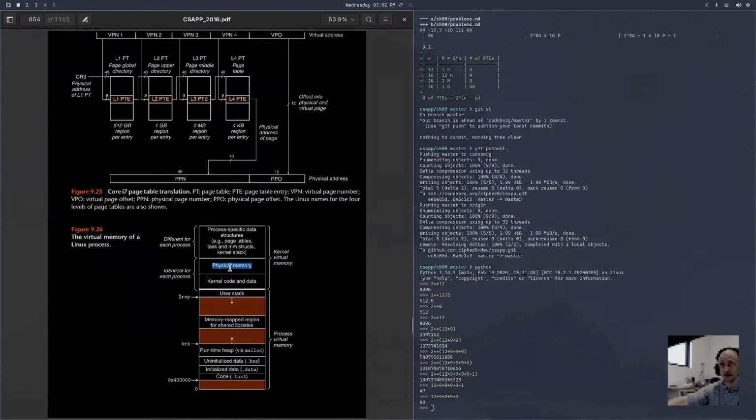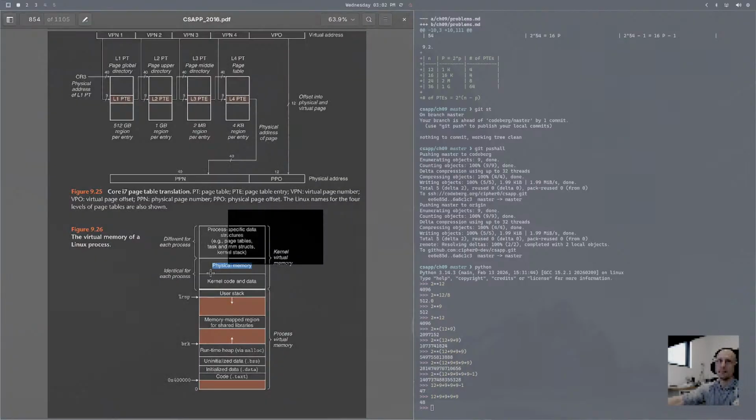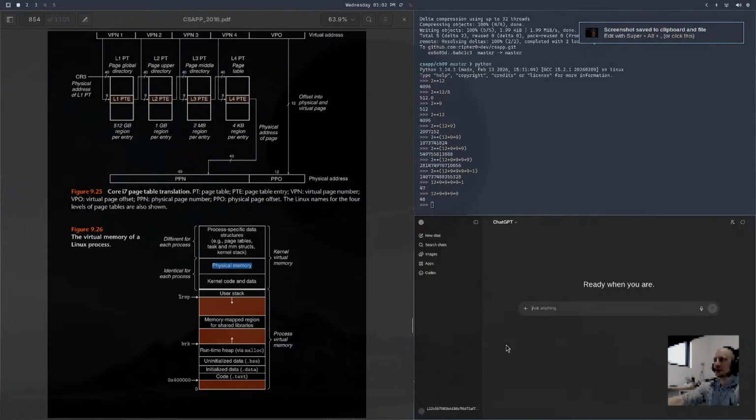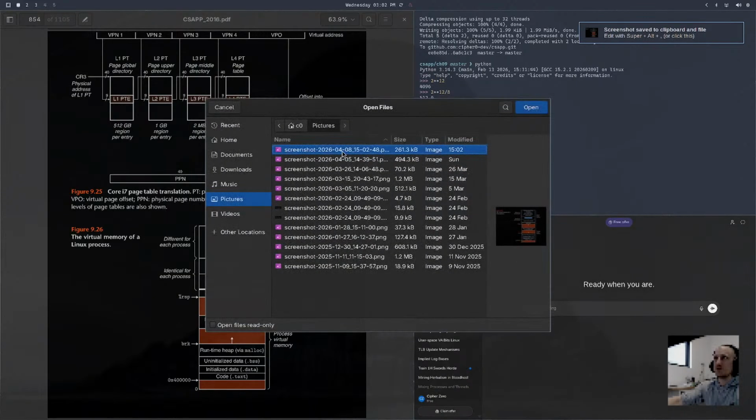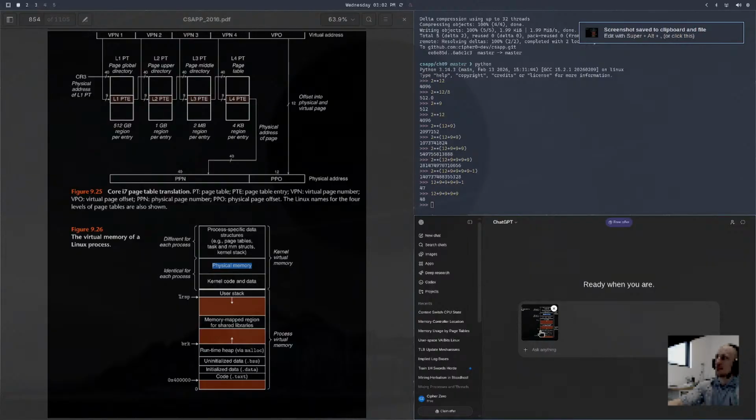It is weird that they said physical memory here, though. Let me take a little screenshot of this, and I'm going to go to AI and ask it to explain what the deal is here. In this diagram for Intel, we'll say AMD64 Linux process address space, it claims that the physical memory is located above the user stack,